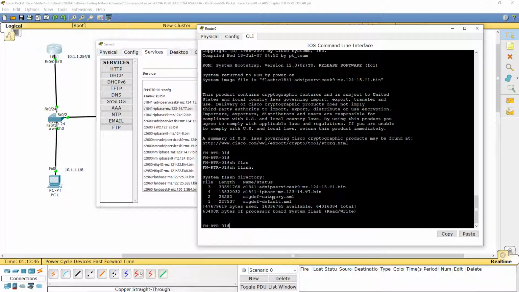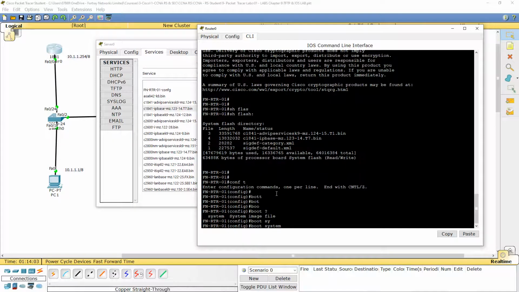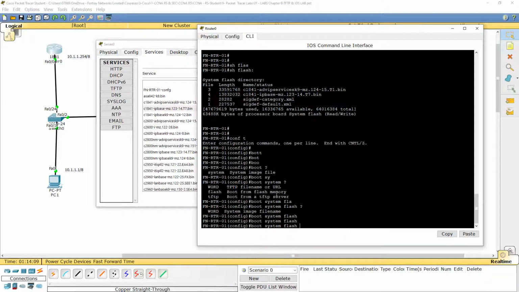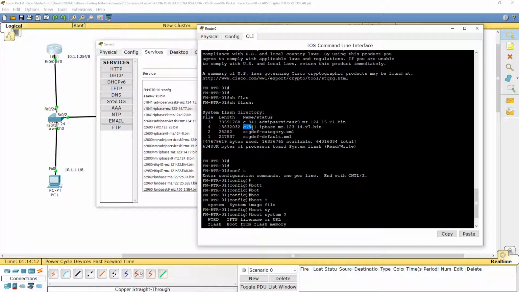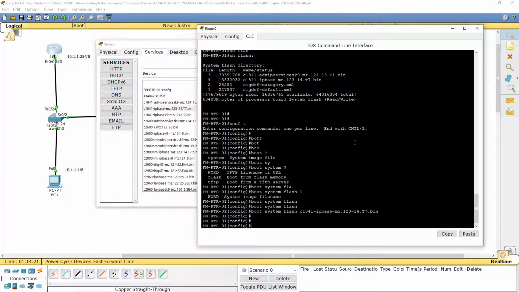Now the situation is we reloaded. However, it's still using this operating system. Okay, it's not using this. So basically, the boot command. Let's see, boot system flash, and in the flash, which file you want to use? I want to use this one. Now I'm instructing my router, whenever you next time boot, make sure you have two files now. Okay? Right? Reload.